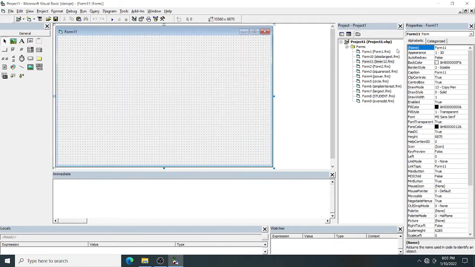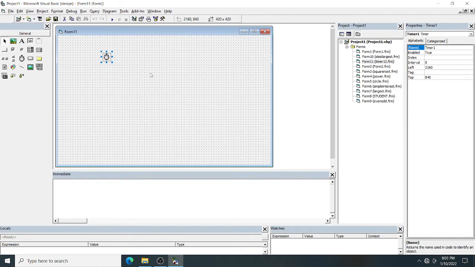Okay. So this is the form 11 and see this timer control is one of the controls on your toolbox, and if I click on this timer and bring it to the form, it is visible at design time. The timer can be placed anywhere on the form, even on top of other controls, without affecting other GUI, because it is not visible during runtime.